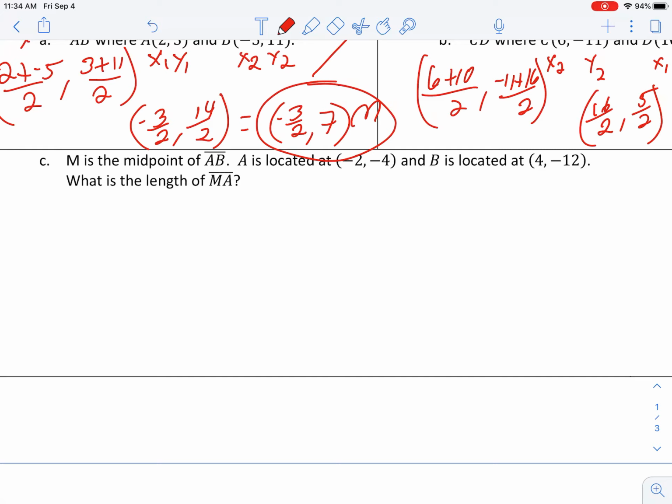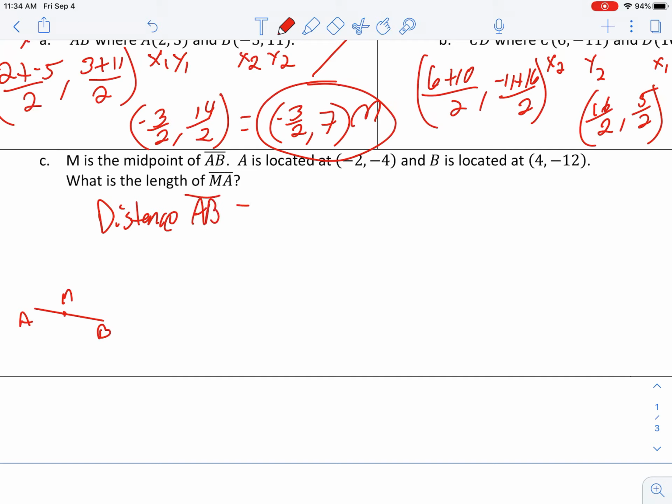Now, I have a lot of students that will go ahead and just jump right into finding the midpoint, and then we go through and use our distance formula back from lesson 3. Well, there's another way to tackle this. This is not to scale by any means, but A is down here and B is way down here at 4, -12. M is somewhere in the middle. I can go ahead and just use my distance formula